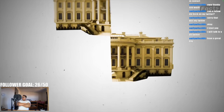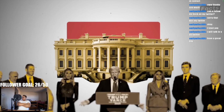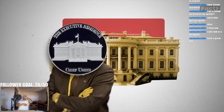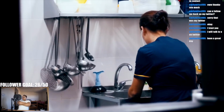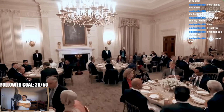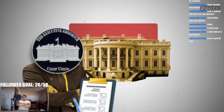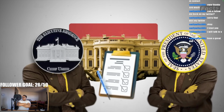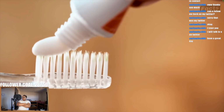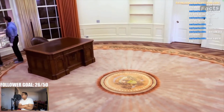Traditionally, once the race is called and it's clear who the winner is, the White House will begin working with the incoming administration. The person in charge of this process is the White House Chief Usher. The White House Chief Usher oversees roughly 100 butlers, maids, chefs, housekeepers, engineers, and other staff serving the first family at the executive residence. After the election, the chief usher will send questionnaires to the incoming president's transition team, which will want to know everything from what kind of foods the president likes to what kind of toothpaste he uses. Additionally, the chief usher will work hand in hand with the incoming first lady to begin decorating her